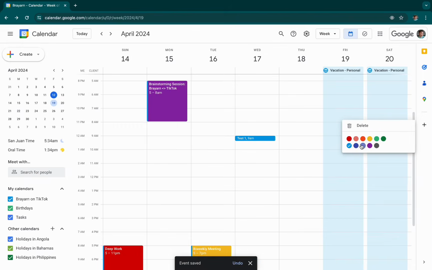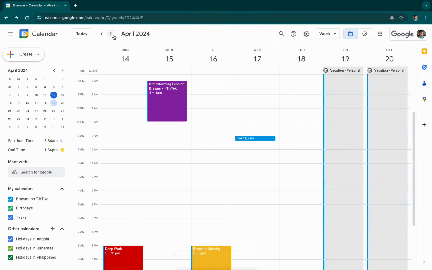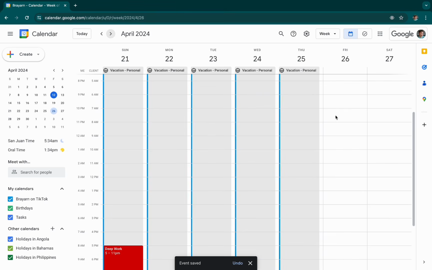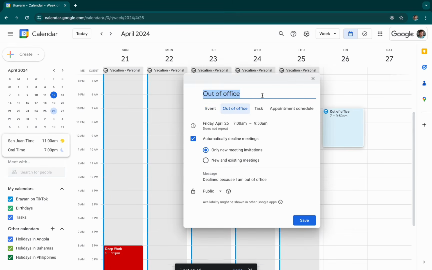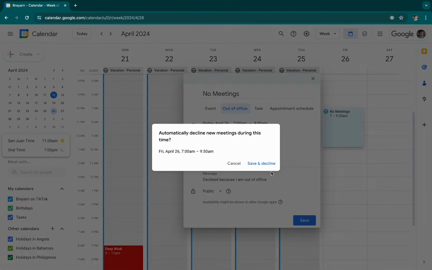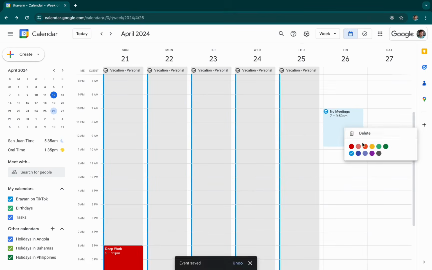And then, pwede nyo set yung color. Let's say, ganito yung color niya. And also, you can do naman na, let's say, hindi ka lang talaga mag-work during this time. There you go. So, out of office, pwede kang maglagay dyan na out of office, no meetings, mga ganyan. So, same din. So, mag-set ka lang ng mga details there. There you go. And then next is